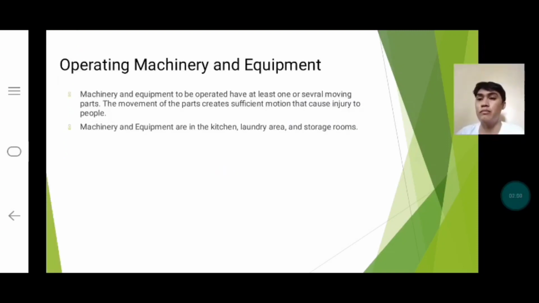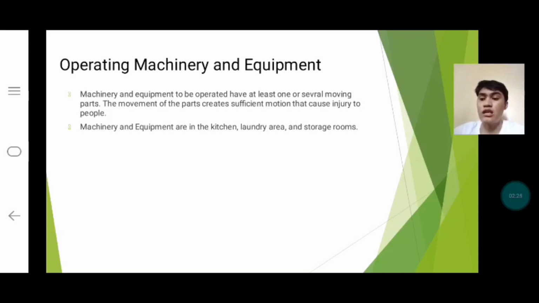Next is operating machinery and equipment. Machinery and equipment have at least one of several moving parts. The movement of the parts creates sufficient motion that can cause injury to people. Machinery and equipment are found in the kitchen, laundry area, and storage rooms.